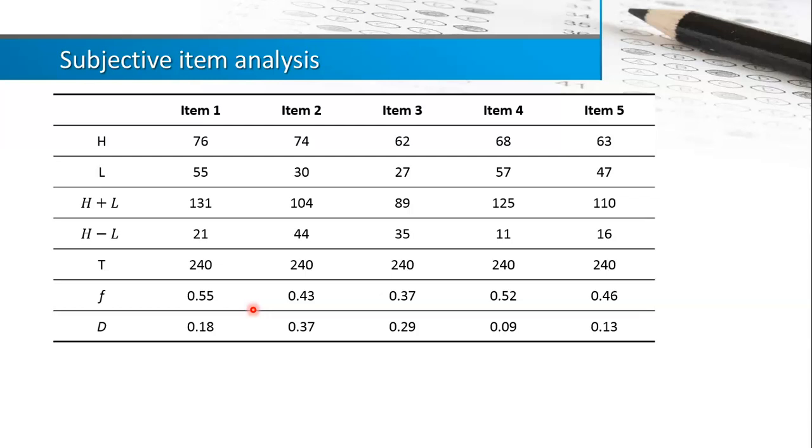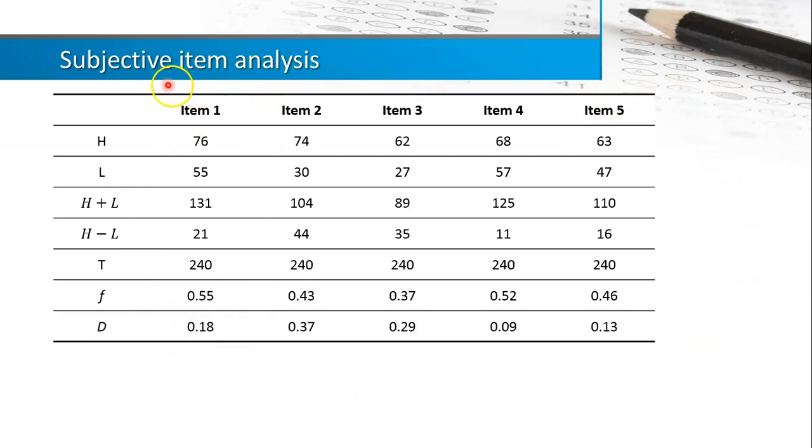If you ask me how to calculate the facility and discrimination index for other alternative assessment, it is similar. Just use this kind of technique for alternative assessment because you're just looking at the score. You just record all the scores according to the rubrics, checklist or rating scale that you have used, and do the same thing, treating them like test items.